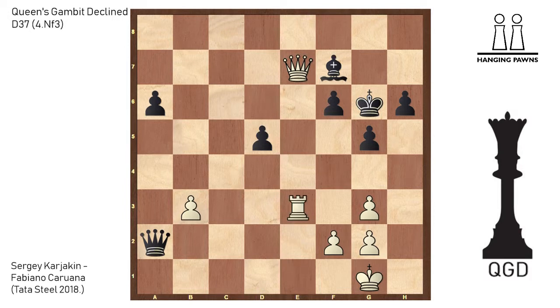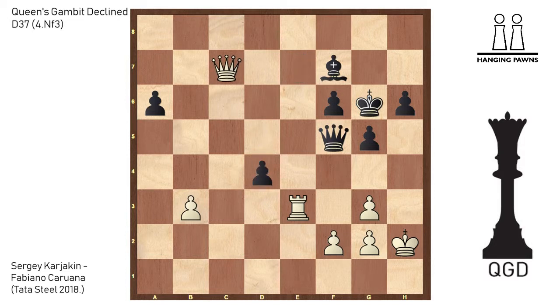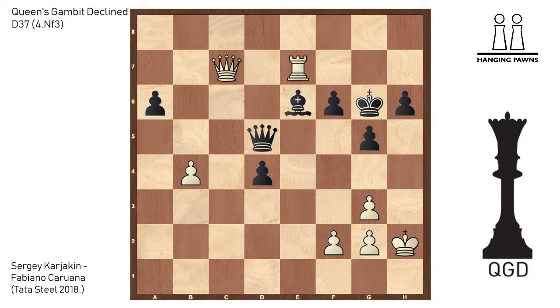Karjakin plays rook to e3, defending the c pawn. We have queen to b1 check, king to h2, queen to f5, centralizing his queen, queen to c7, d4, pushing his only asset in the position and perhaps distracting Karjakin from the attack a bit. We have rook to e7, nevertheless, attacking the bishop on f7, queen to d5, b4, bishop to e6, getting it away from being attacked twice, queen to b6, attacking it again, threatening the bishop, bishop